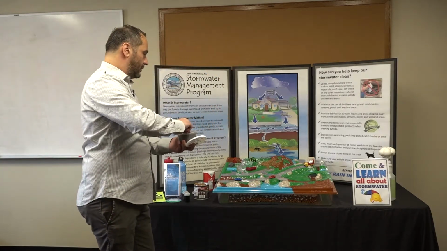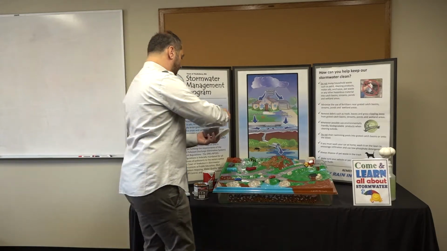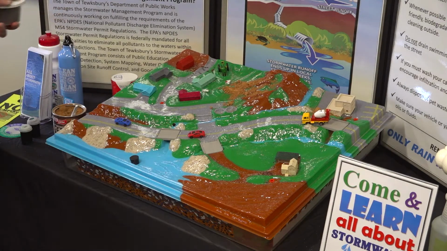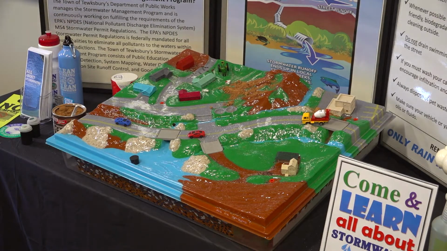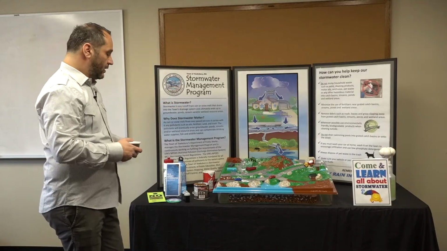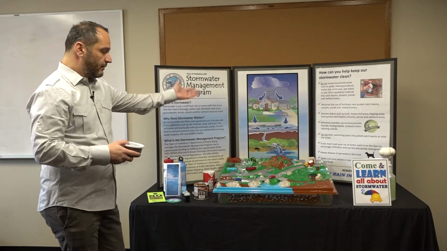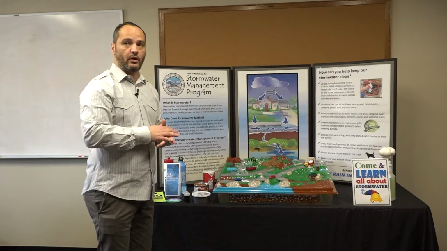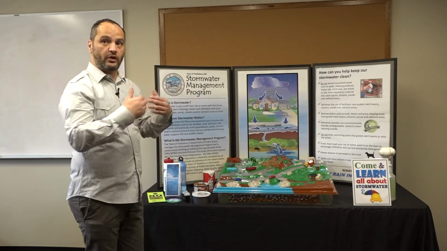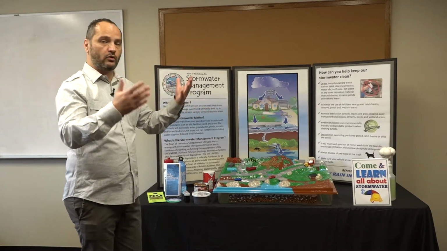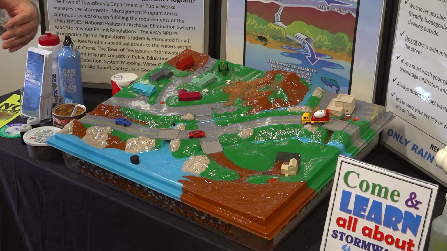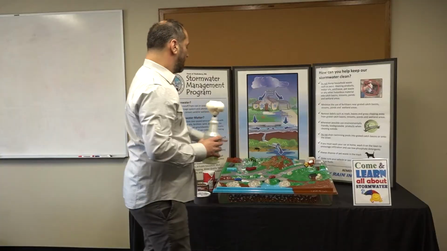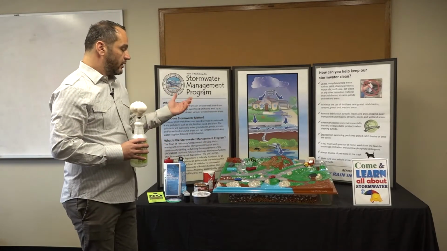So all that being shown here, all the different types of pollution that can happen, could be on the landscape for the time being until it rains. Now that's the issue, and it's why we call it stormwater. When a storm comes along, it doesn't have to be a big storm, just any type of precipitation or snow melt can cause all this to leach into our